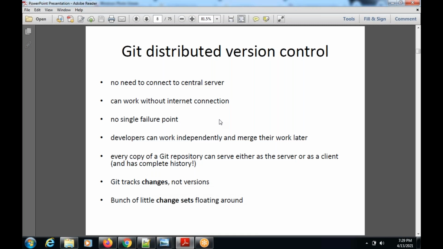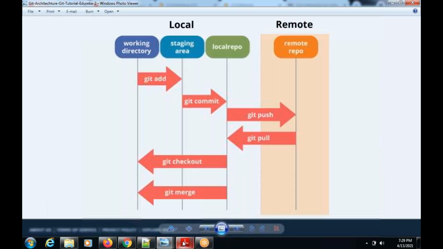Git is a distributed version control system, and there is no need to connect to your central server. By using Git, no need to connect to your central server, and you can work without an internet connection. If you are working on your project, you don't need to commit your code to the GitHub repository every time. So if you look at this diagram,